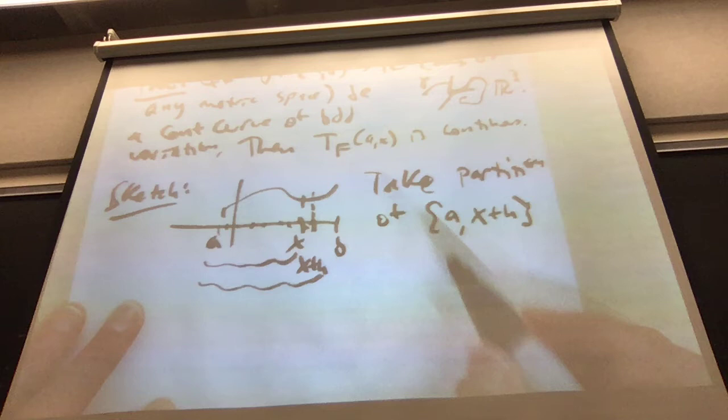The variation of f on this interval relative to this partition is within epsilon of the variation TF on A to X plus H. And if necessary, refine the partition to include a point X, so that for H small enough,